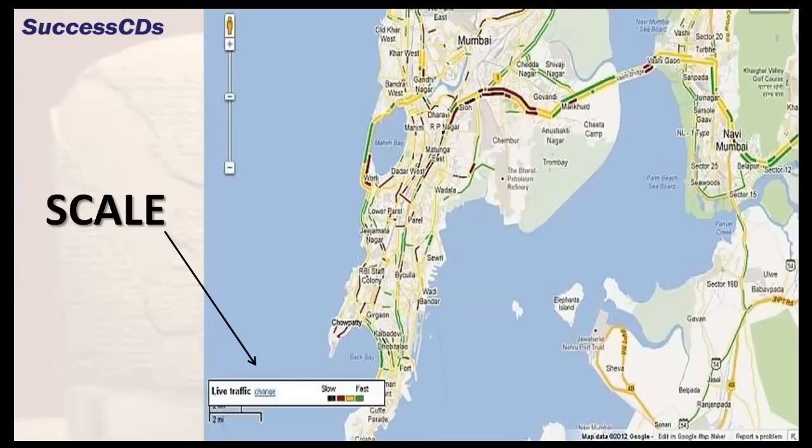If you look through your atlas, you will see maps of countries, continents, and even the whole world. Such large areas are shown on a small sheet of paper. Do you know how this is done? It is done by making a small distance on paper represent a large distance on the ground.